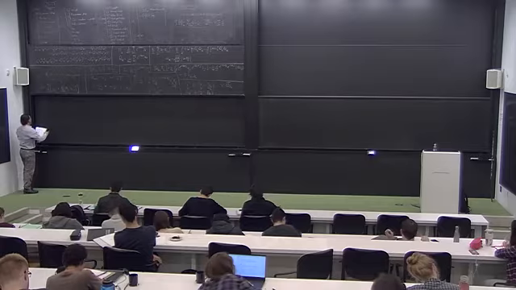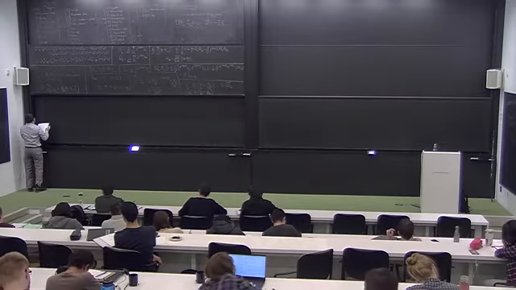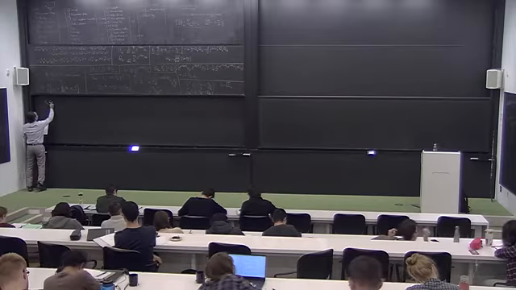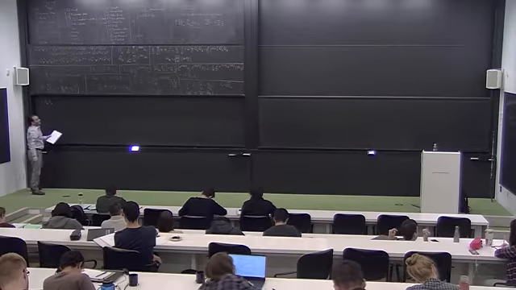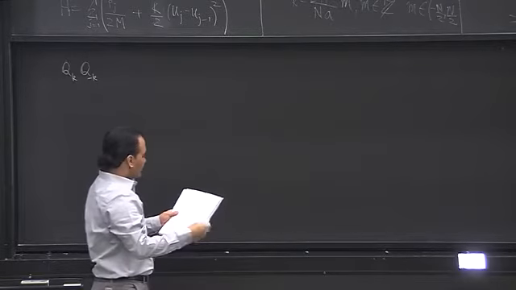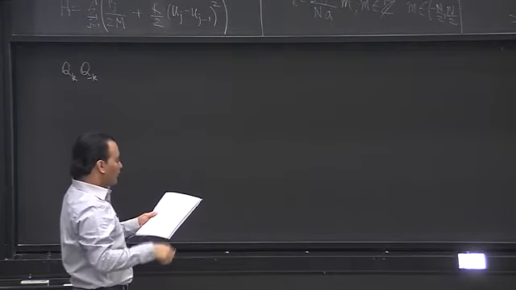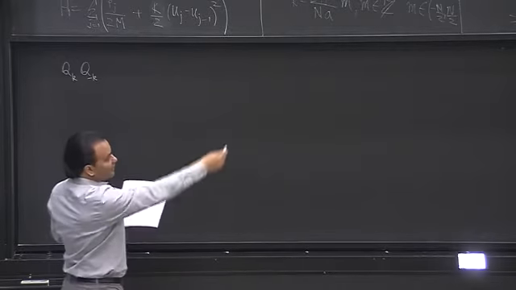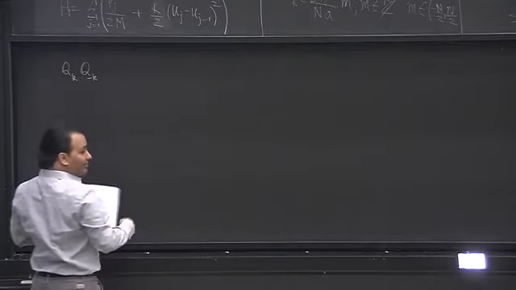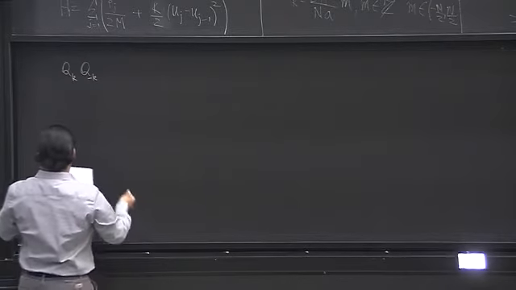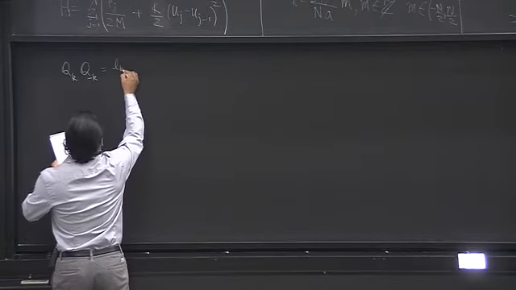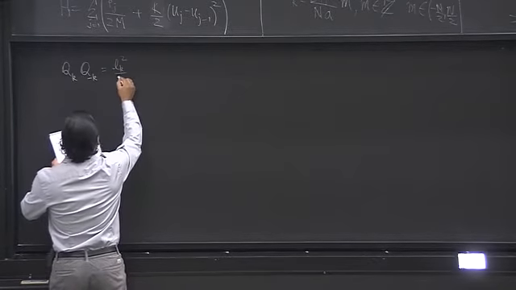Using this definition, you can calculate q of k by adding them, and similarly you can calculate q of minus k, and so you can solve those two equations and write q_k in terms of b_k and b minus k daggers. And what you will find is that q_k q minus k is l_k squared by 2